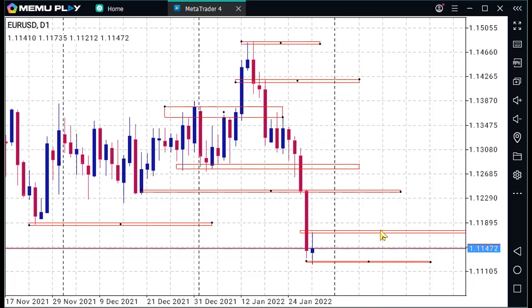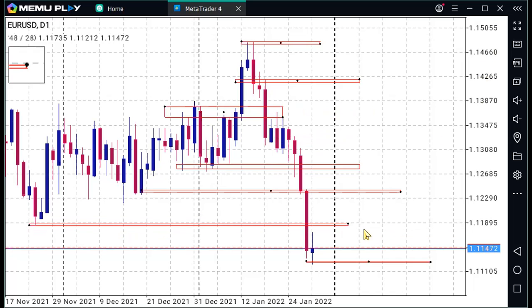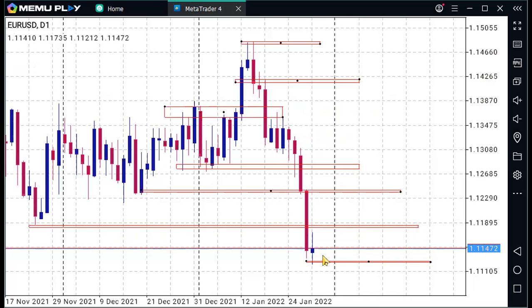I don't know if you're understanding me. This is a daily time frame I'm using, so you don't put too many zones. So we know that this is a support here, and this is another support. So probably